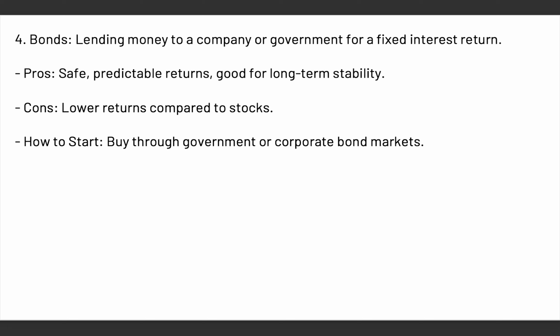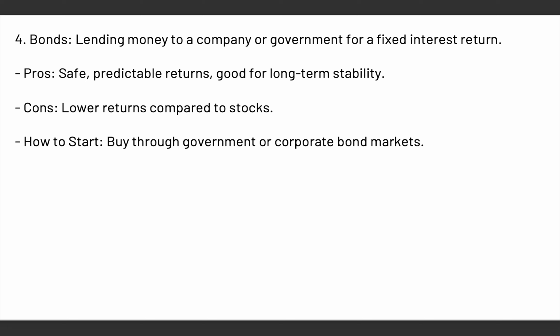And the second advantage is that it has predictable returns. So you can know how much you are making from that investment. Once you go to a bank and say you want to invest in bonds, they will tell you, oh, this is the percentage you will be getting, maybe 10%, 15%, 20%. It can vary. So again, it has predictable returns. You know how much you will make. And the third advantage is that it is good for long-term stability. This means that if you are looking for a long-term investment that is stable, then you can invest in bonds. But the disadvantage is that it has lower returns compared to stocks and other investments. So the returns you get from bonds are very low, and that is why they are safe investments.